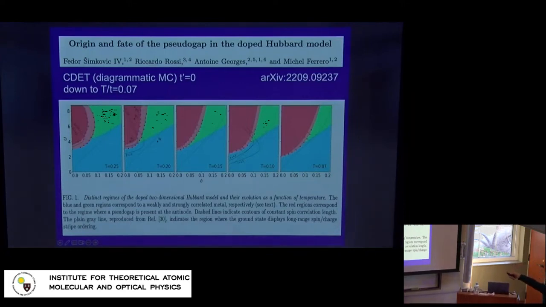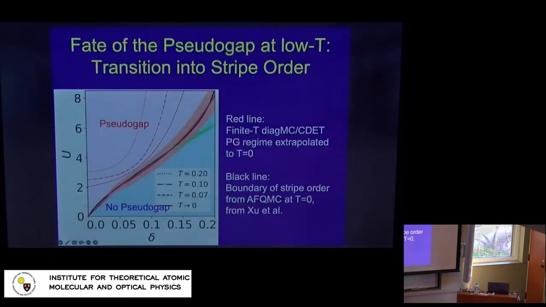So, you know, it's a race, right? So you see this red pseudogap region invading progressively the phase diagram, and the question is, can we extrapolate to T equals 0? We have data only down to T equals 0.07, so this requires being a little brave. But if we actually do that, to the best of the extrapolation that we can perform, we obtain that red line here as a function of U and doping.